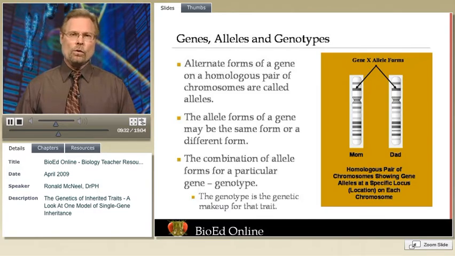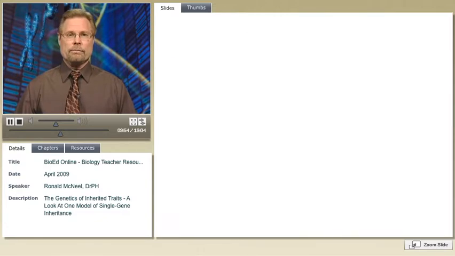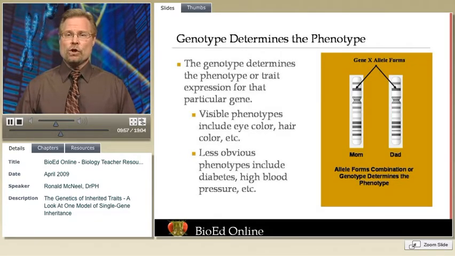These alternate forms of a gene on a homologous pair of chromosomes are called alleles. The allele forms may be the same or they may be different. It is the specific combination of these allele forms that determines the genetic makeup for a particular trait. This is called the genotype. Your genotype determines your phenotype, or trait expression,